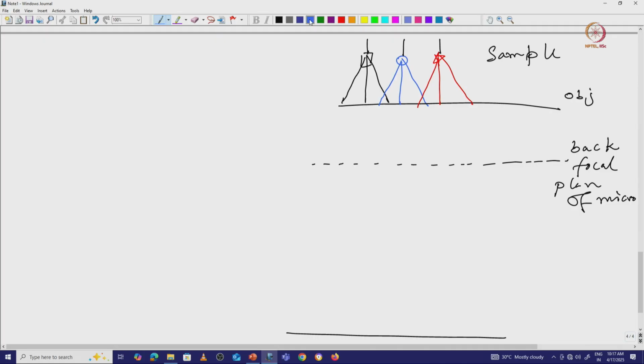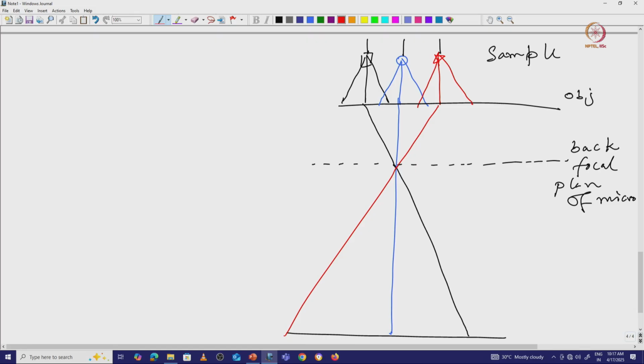So, first thing first, we will draw this one, this will come straight. Okay. Now, this is the black ray, this will come somewhere and merge here, and this is the red light. This is the black ray that will go through here and merge here, and now the red goes through here and merges somewhere here, and you can see it is giving an enlarged view of this entire image.